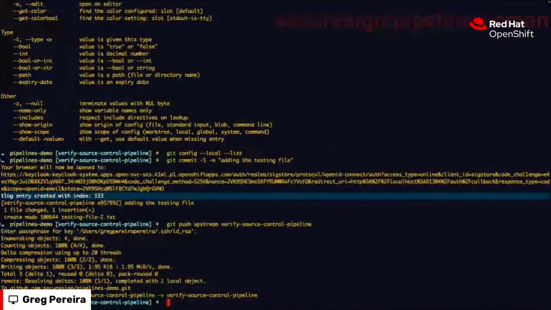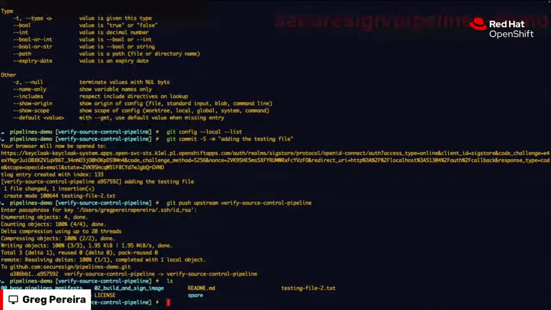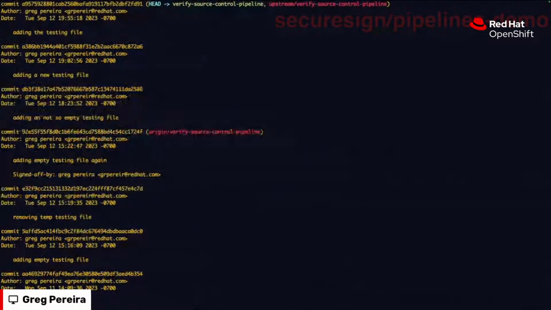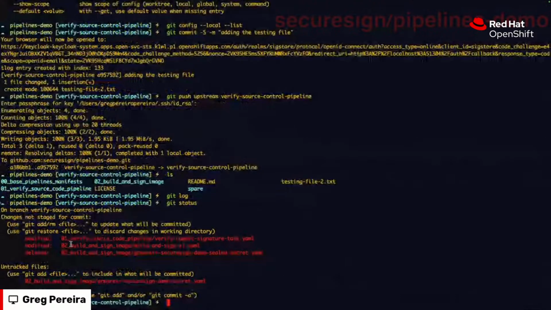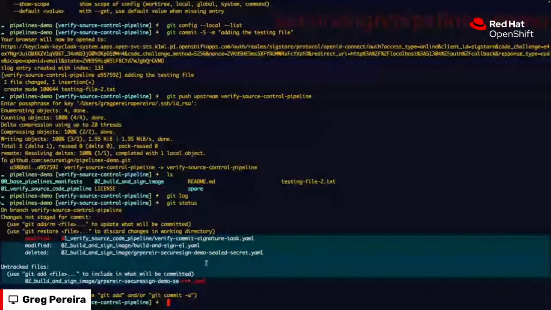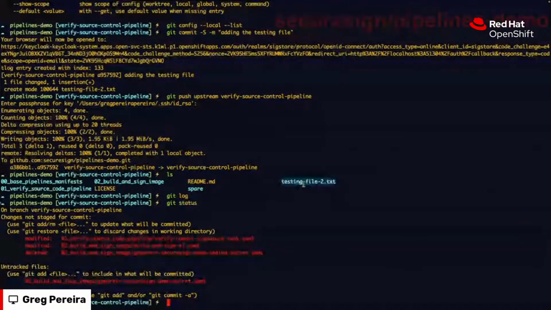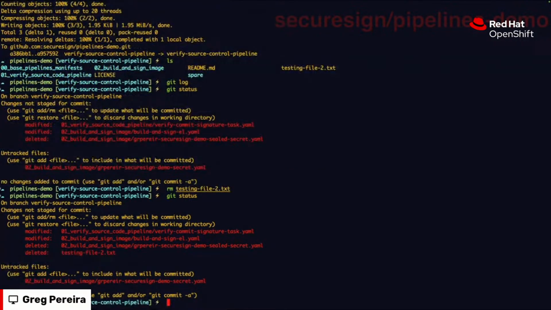So here I'm in this GitOps repo, which I'll share the link for later on. What I'm going to end up doing here is I'm actually going to trigger the pipeline first. So that way it can work in the background. We can inspect the logs, and then I can explain what the manifests are within this repo and give you some background there. So if you want to extend it, you understand what the pieces are and how to modify those. So I had a testing file here, which was already in history.